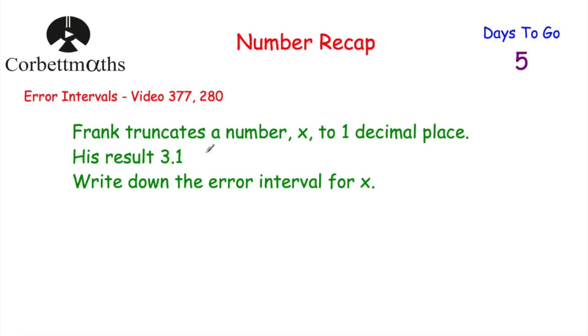Now sometimes whenever you do error interval questions you may encounter this term truncates, and that means whenever you've got a decimal number you just chop it off, you just ignore anything beyond that point. So here we've got Frank truncates a number x to one decimal place. So that means he's got a certain number x and anything beyond the first decimal place he's just ignoring, and his result is 3.1, and we've been asked to write down the error interval for x. So that number x could be anything bigger than or equal to 3.1, and it can be anything up to but not including 3.2, but anything such as 3.19997 you truncate that to be 3.1,